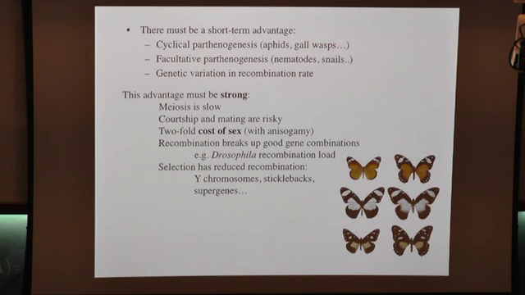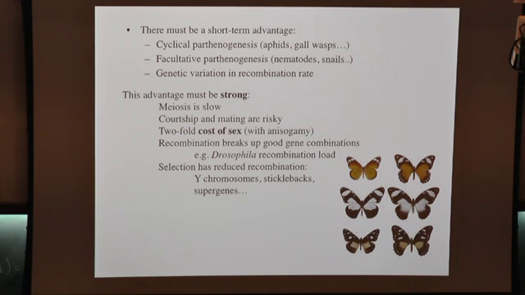Finally, we can see examples where clearly selection has acted to reduce recombination. And one of those is in sex chromosome evolution. This is the clearest example. So sex chromosomes can originate very easily. So suppose you imagine an organism that has, let's say, it's common in many insects, a single X in the male, and in the female, 2 X chromosomes. So this is the X chromosome, these are the autosomes.